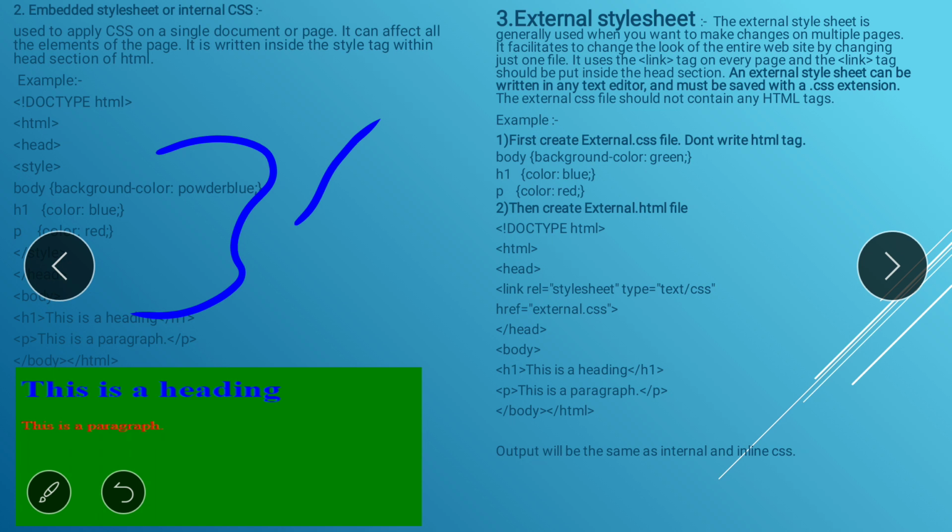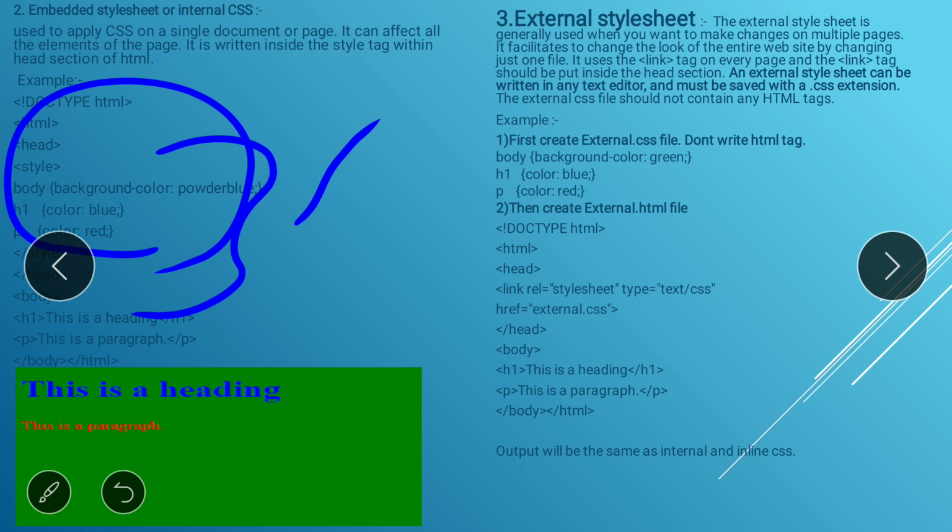And in the body part you have to mention H1 and P as they are. Nothing changes in the body part. You have to mention the CSS only in the head part. That is the main difference between inline and internal. In inline you have to mention the CSS in the single line only, in that HTML tag only.